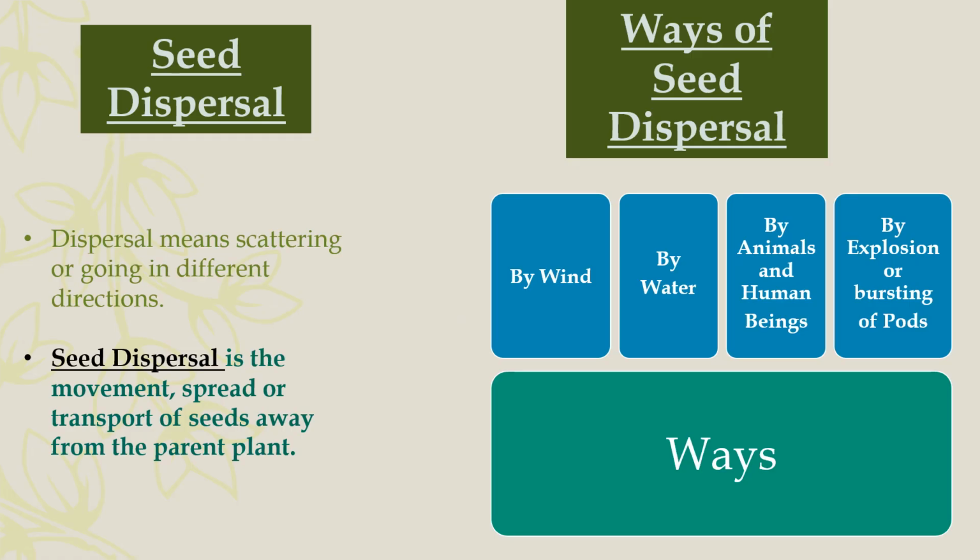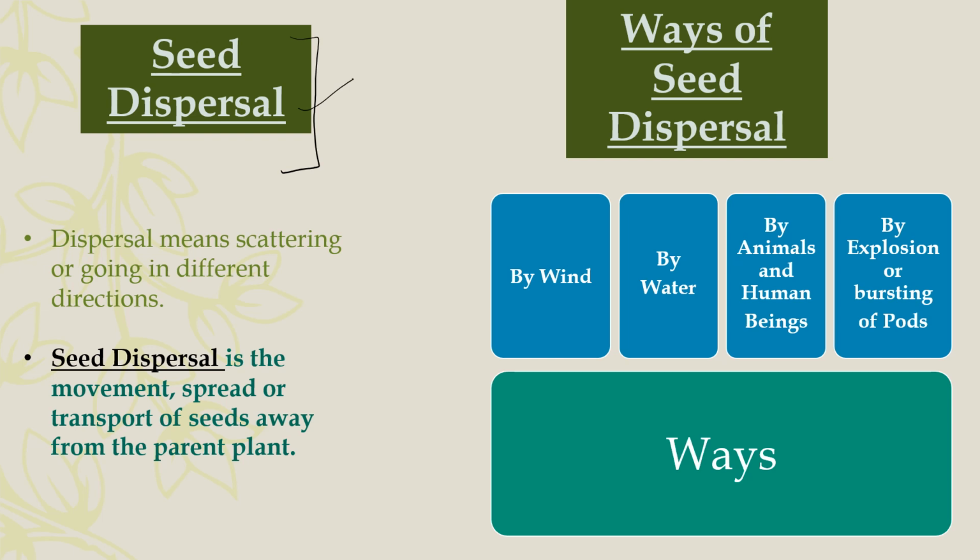Okay, so what was this? Seeds were traveling to different places. They were traveling far away by wind or by sticking to clothes or dog's fur. So these were all the ways in which they were spreading, they were scattering. From this comes the word seed dispersal. Dispersal, you must have heard in your morning assembly.